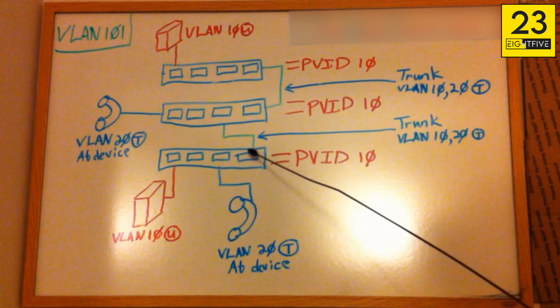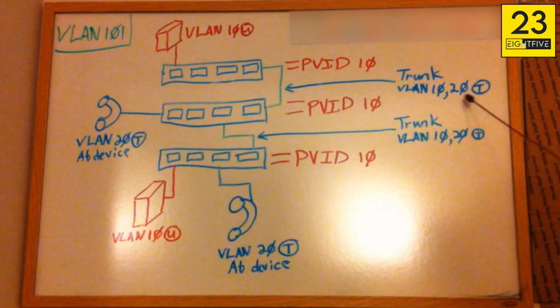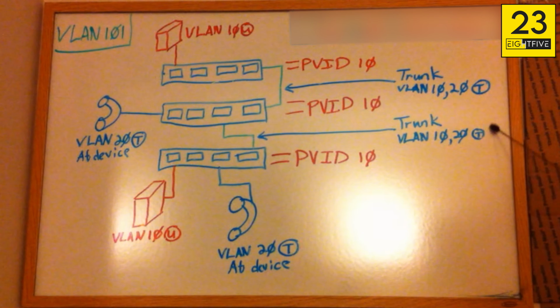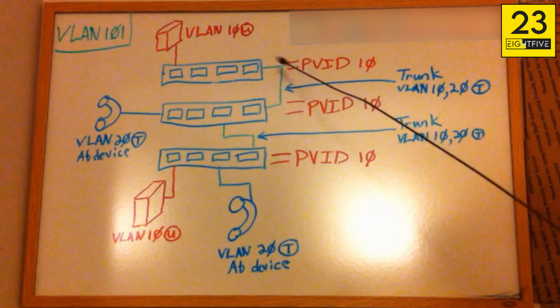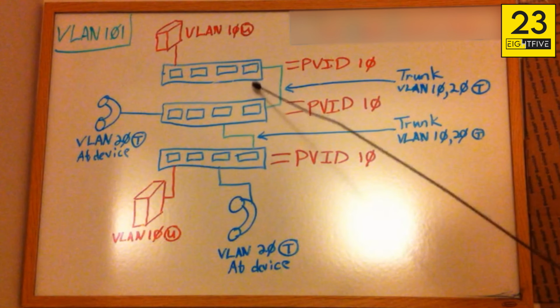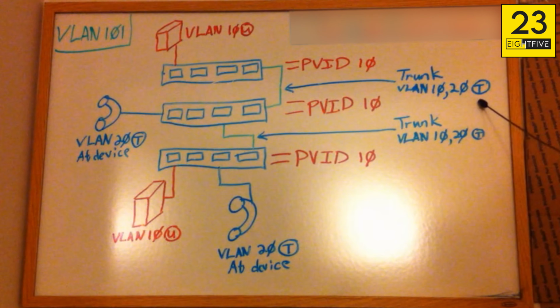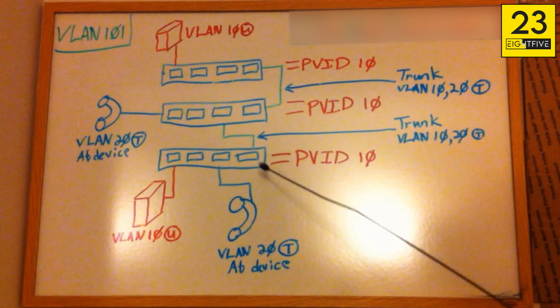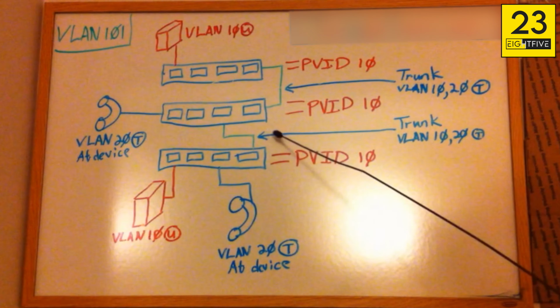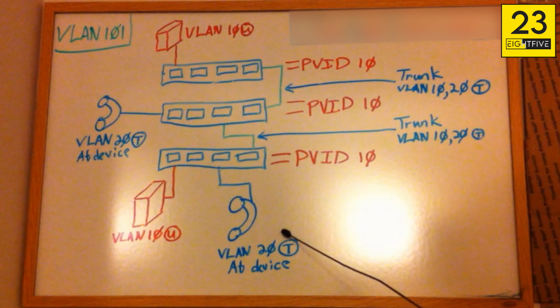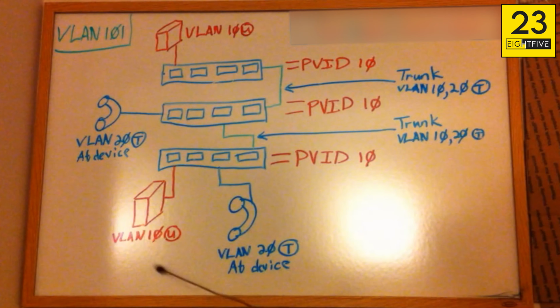So we have it tagged, as you can see right here. We have VLAN 10 and 20 both tagged, specified by my T here with the circle around it. We also have that on our other uplink from port 4 to port 4. We have VLAN 10 and 20 tagged. This will allow me to pass data on VLAN 20 to all 3 switches. And that would allow this phone to talk to this phone, but it will not allow this computer to talk